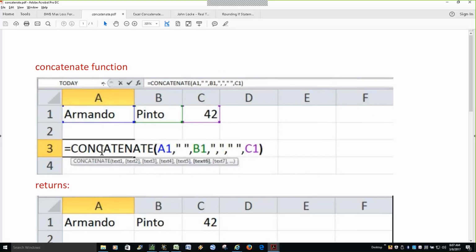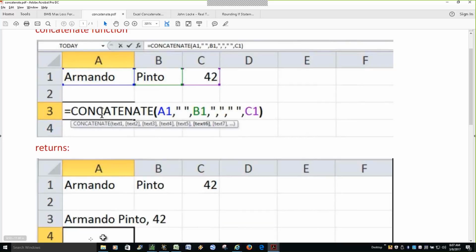If you have information in cells A1, B1, and C1, you put the term equals concatenate in parentheses. If you say concatenate A1, comma, quote, space, quote, comma, concatenate B1, and go through this whole series of commands, the result is, if I'm in cell A3, which that formula is in, what it's going to do is